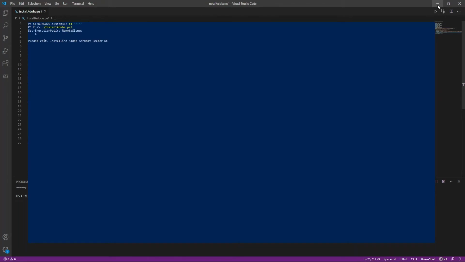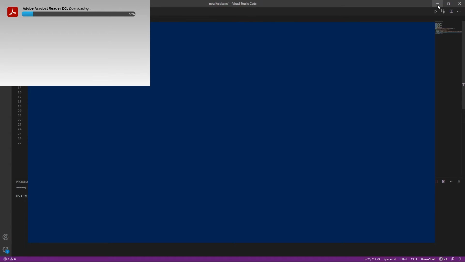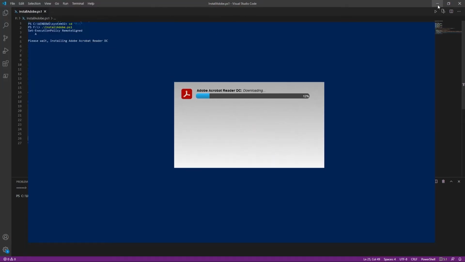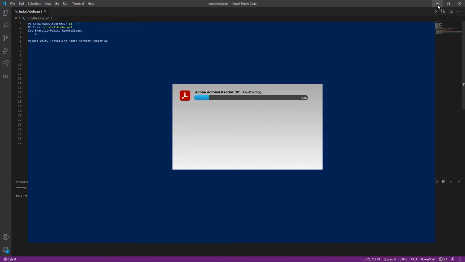And as soon as we hit enter, it's going to do Set-ExecutionPolicy. It's going to automatically change what we want. And if you notice, Adobe is already going to be installing on my computer. So as this executes, it's going to download a brand new installation of Adobe. It's going to install it, and then once it's done, I always uncheck the box to launch Adobe, just because